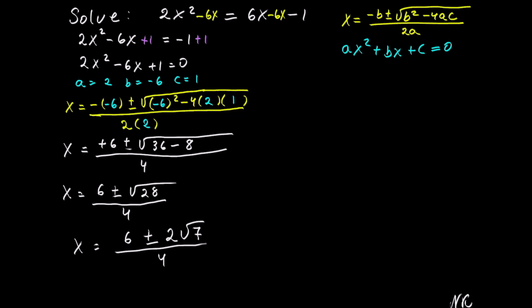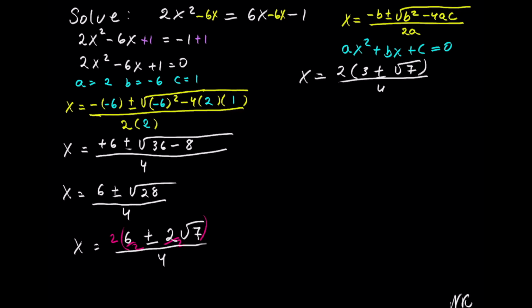On this step, we have 6 plus or minus 2 square root of 7. Both are even, and we have an even denominator, so we know we can reduce by 2. So let's factor out 2 from the numerator, and we get x is equal to 2 times, 6 divided by 2 is 3, plus or minus 2 divided by 2 is 1, so 3 plus or minus square root of 7,